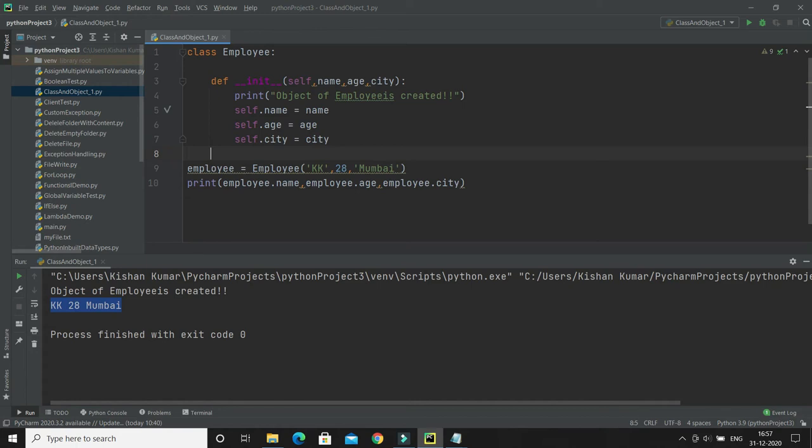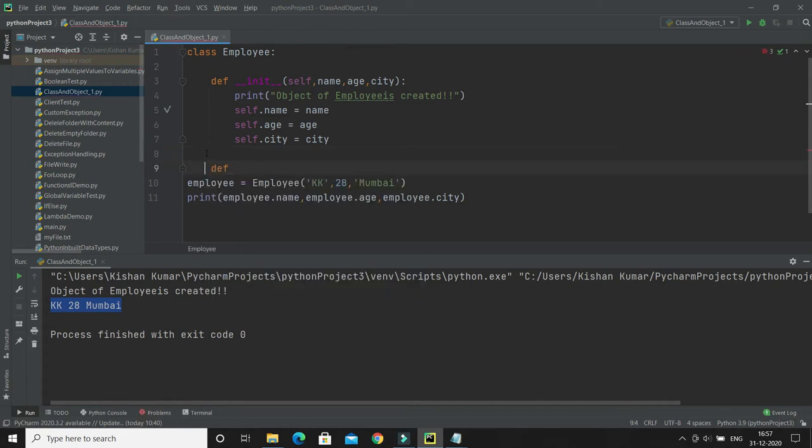As you know, in Python a method always starts with def. Let me call it my display function, and here I'm going to pass self, right?